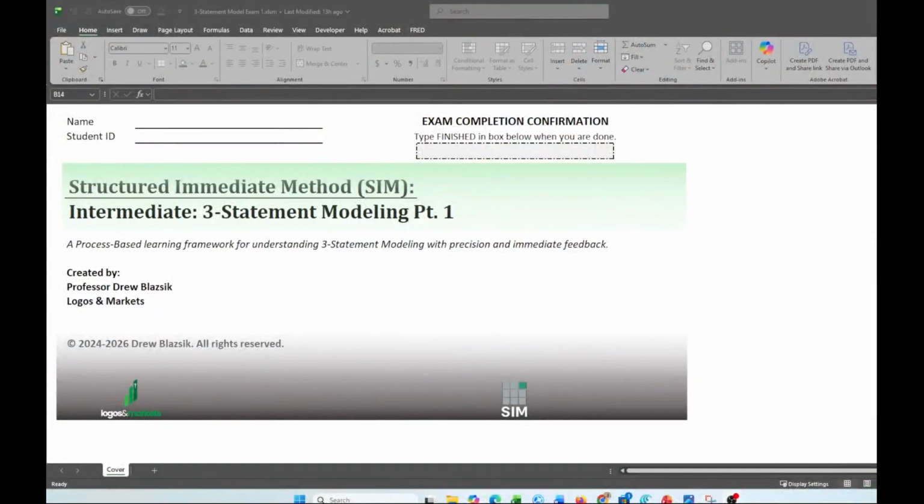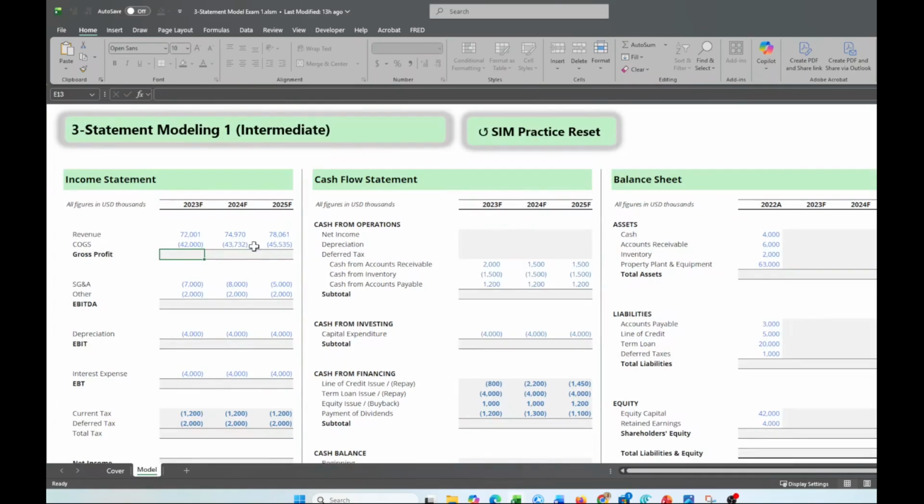So this is what a three-statement model exam would look like, and it is very similar to the assignments that we would have. What you want to do in order to pull up the questions is type in my name. And then for the student ID, we always want to use, in this example, our email address, so I'm going to do my Heidelberg email address. Once I hit enter, the model will pop up. I get to select the model on the bottom, and then we can solve our